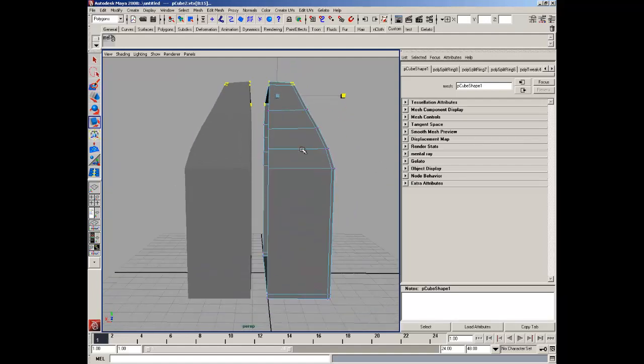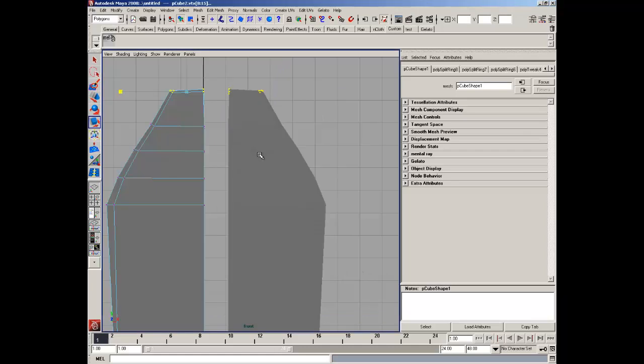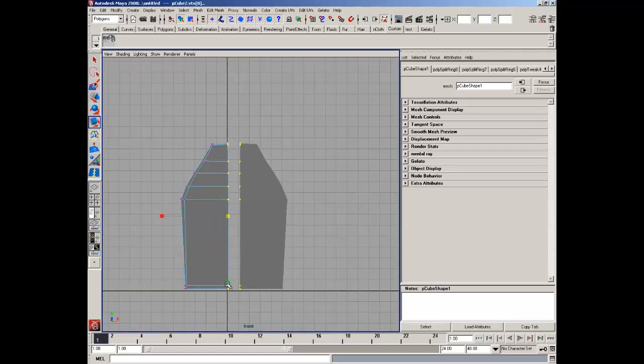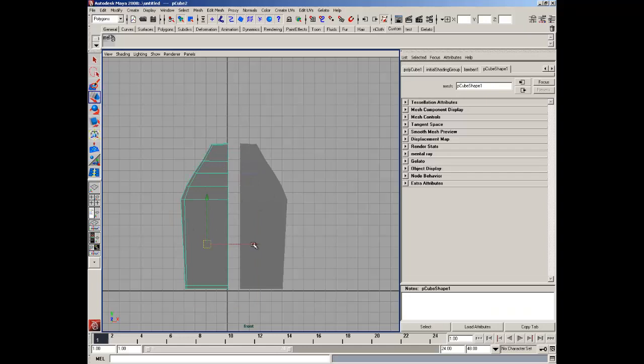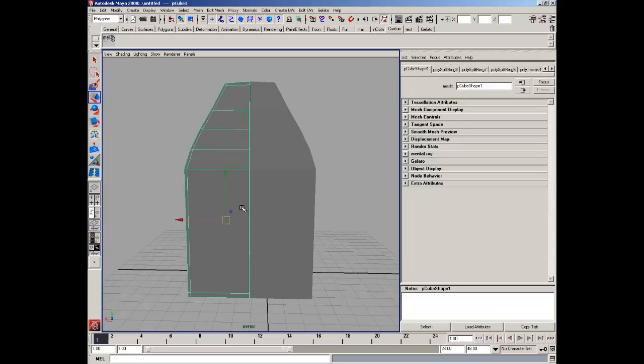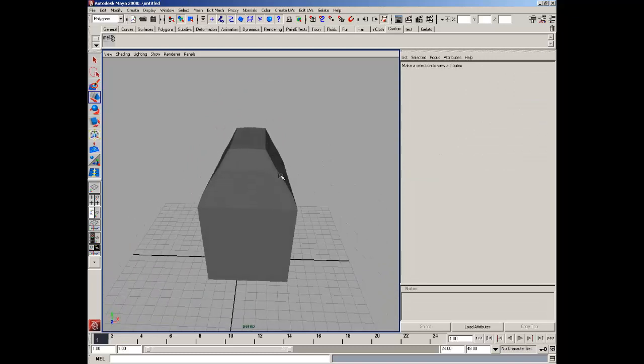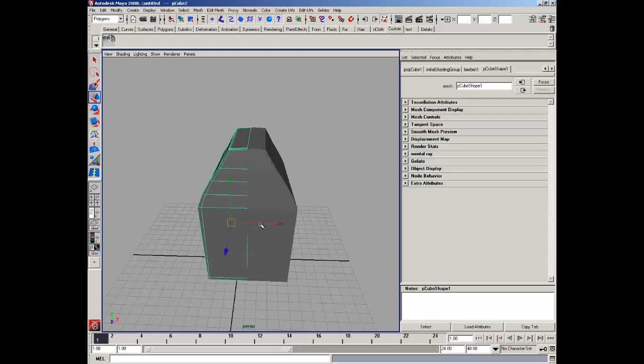Okay, now what we want to do is go to Front View, highlight all the verts, and scale it flat. This is so it's straight. This is a straight line. Let's go ahead and move it in. Good. What we're going to do later, just so you see, is I'm just going to move this half out